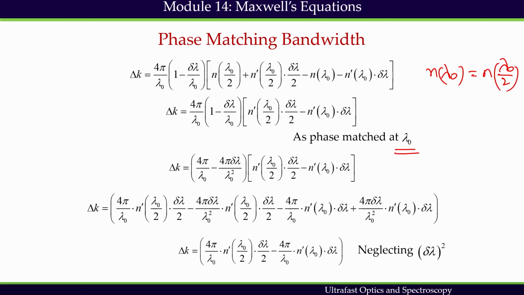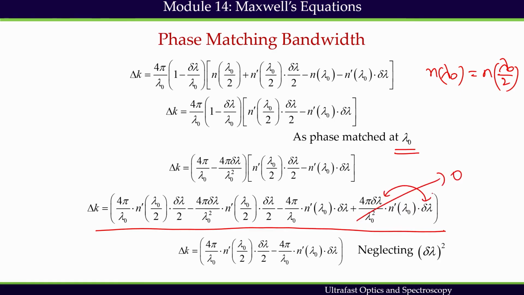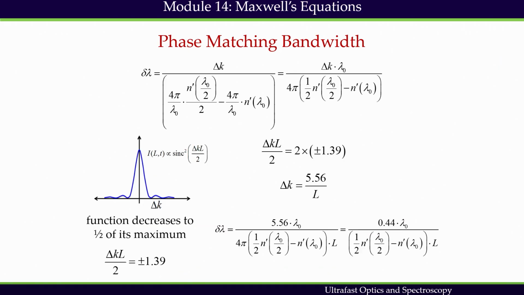and finally we get an expression like this, where we are neglecting square terms, delta lambda square terms. So this term has been neglected because we have a square term. So this is considered to be 0. So finally what we get is this expression, and further we can reduce the expression in terms of delta lambda. What we get, delta lambda equals